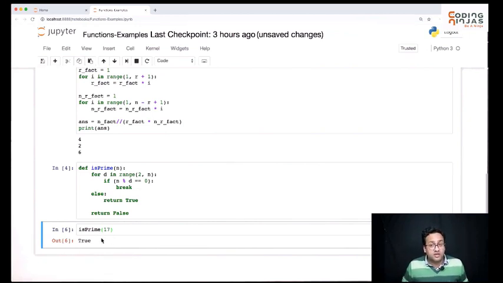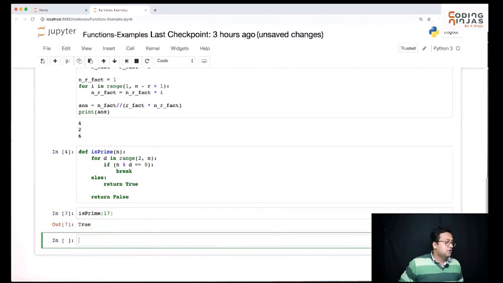The second example I want to pick is: print all prime numbers from 2 to n. First of all, this function is supposed to print the prime numbers from 2 to n. It will not return anything. This function does not return anything. It will basically just print everything that it needs to print. So the function will look something like this.